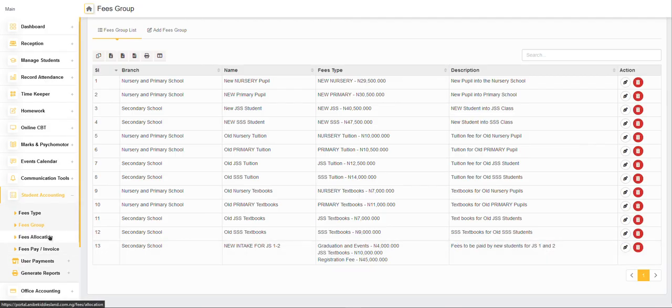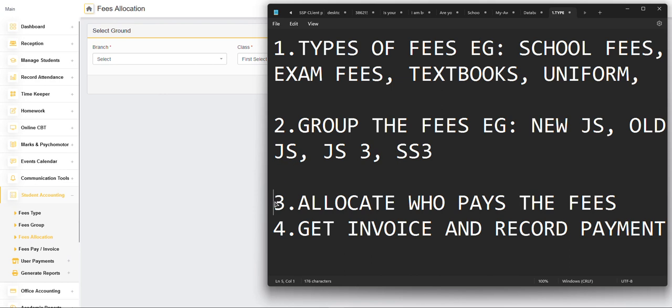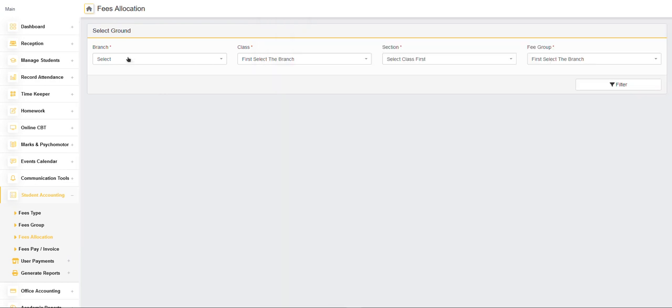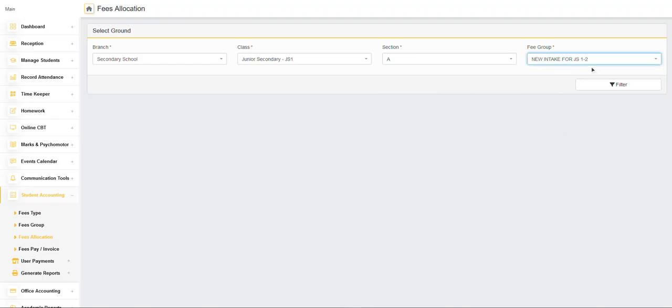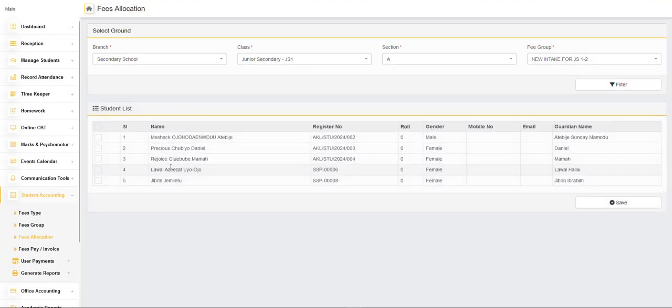Now I'm going to allocate or determine who pays the fees. This is number 3. Allocate who pays the fees. Now select the secondary school and select JS1, and I'm selecting JS1A. Now I'm going to select it for new intake into JS1 and 2. Now here, this is a new student, Precious. This is the only person that I'm going to assign this to. All these other ones are old students. So if I want to assign to more, I can select. So these 1 and 2 are new students, while all these other ones are old students. So when I save it,